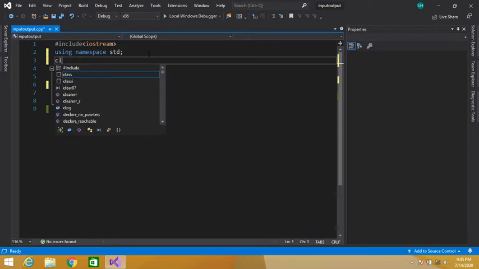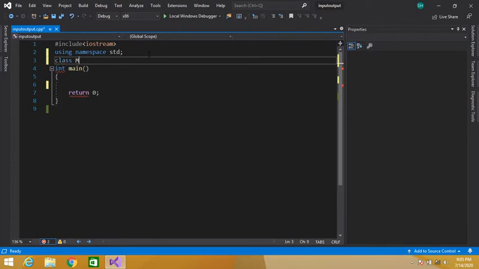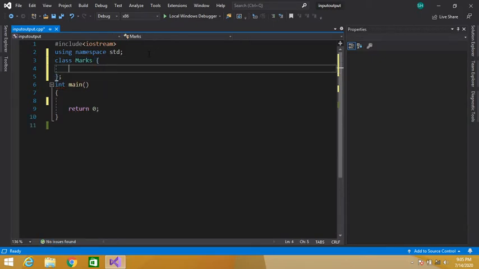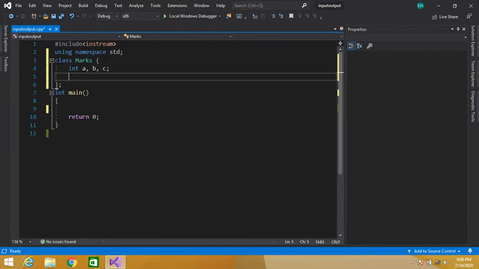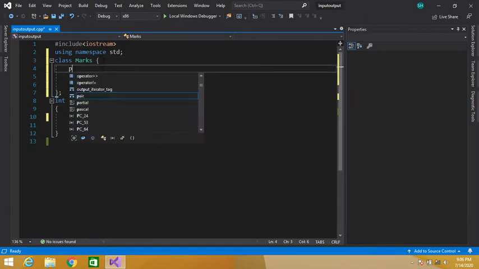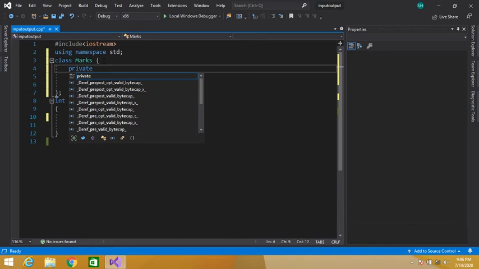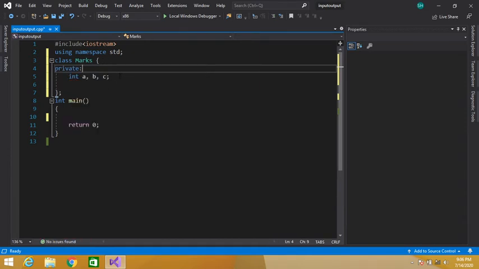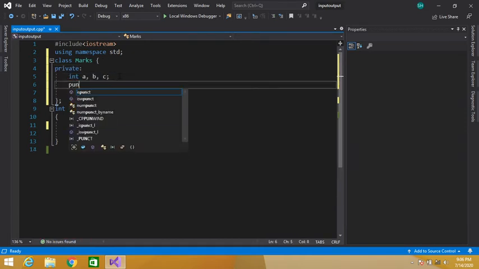First we will declare our class. So first we have to write the class keyword, and then the name of our class is marks. We have to declare three data members, A, B and C. These data members are private, so we have to specify them as private. And three member functions, public member functions. So public